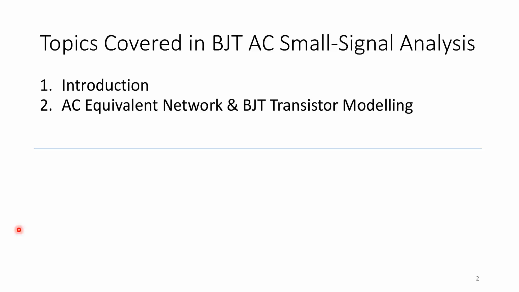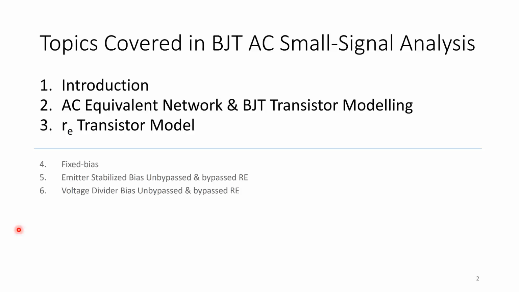Then we will first look at the AC equivalent network and BJT transistor modeling so that we know how to prepare our amplifier for the AC analysis, and we will also have a look at the re transistor model before we go on to the fixed bias, emitter stabilized bias, voltage divider bias, emitter follower, common base, and collector feedback amplifier. All these circuits have been covered in the DC biasing circuits in the previous 5 video subtopics,